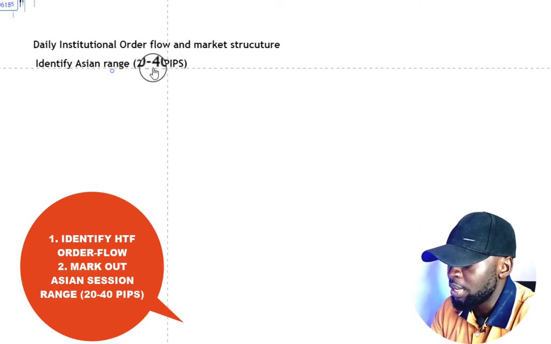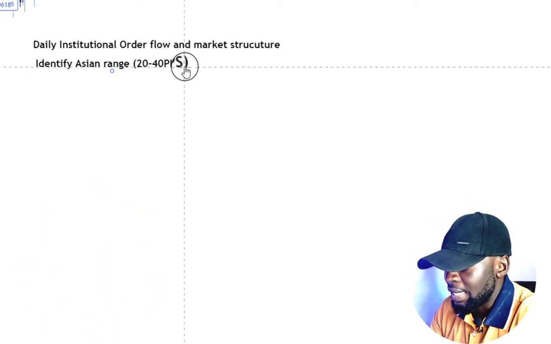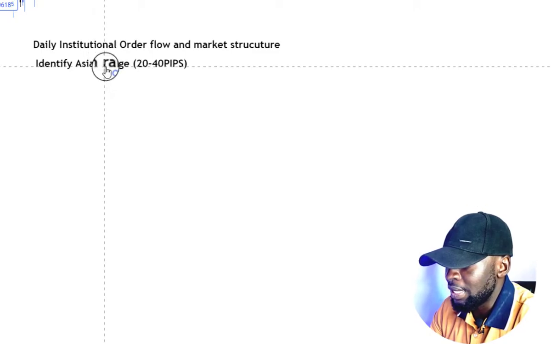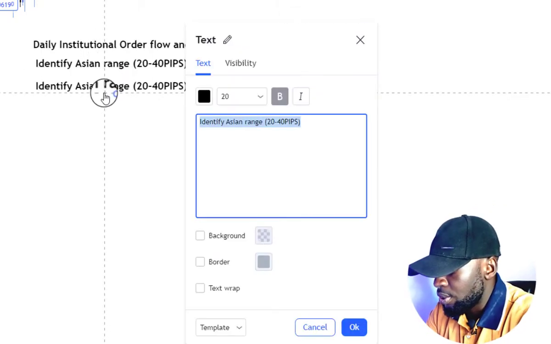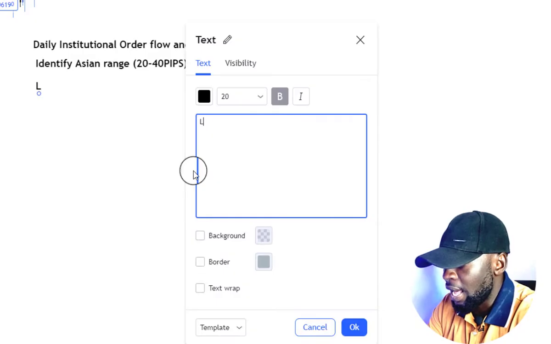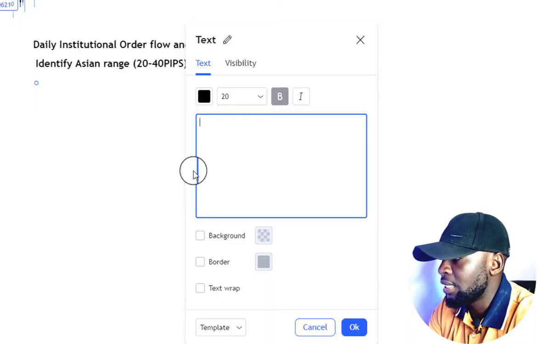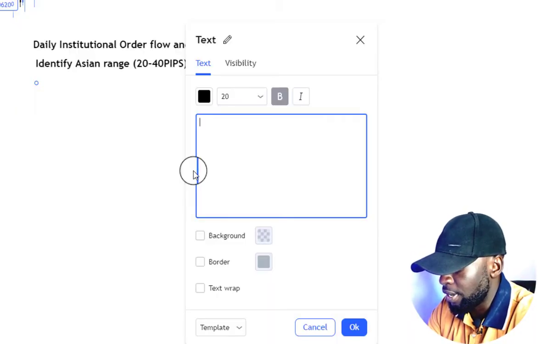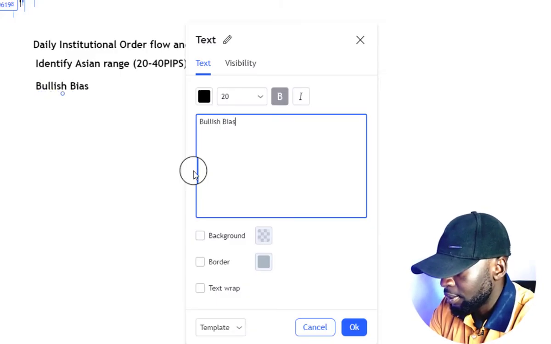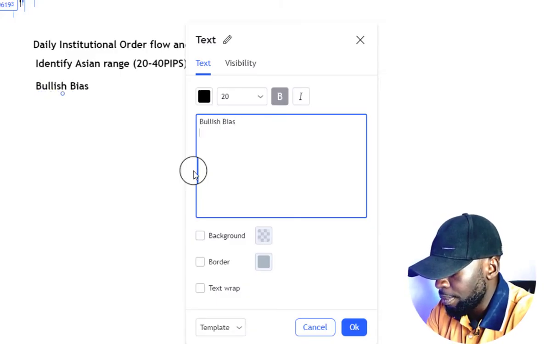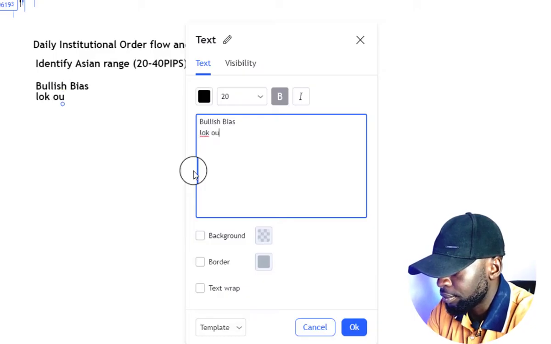It should be between 20 to 40 pips. Then the next thing you want to be doing is look to see price trade above the Asian range in a bearish order flow and below the Asian range in a bullish order flow. So for example, for a bullish bias, you should look out for